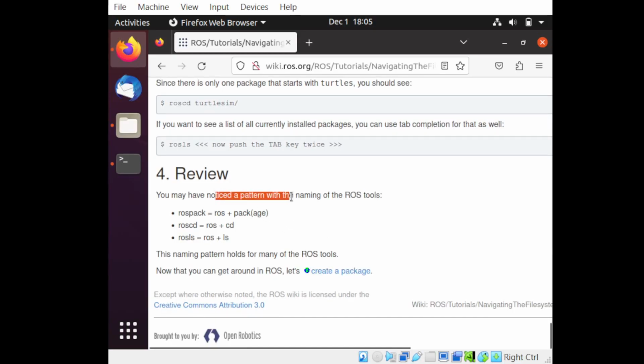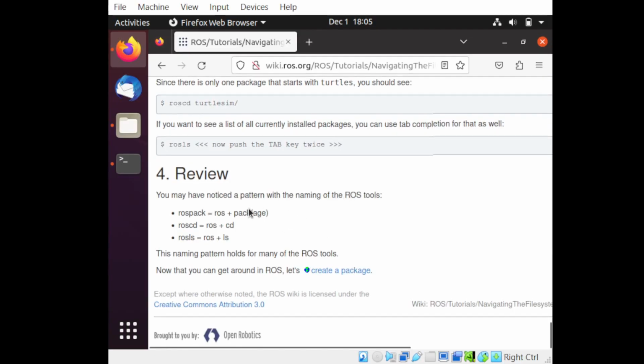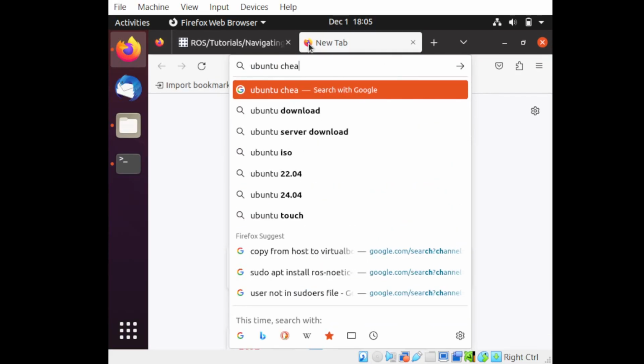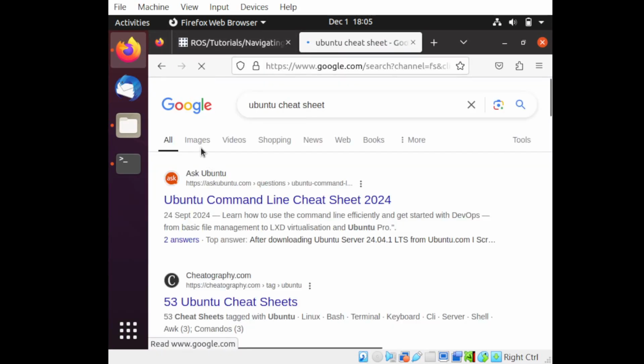Yeah, so this is the naming pattern basically to use the ROS tools. ROS pack, ROS CD, ROS LS are for navigating between the ROS development environment. For the pack, CD and LS is actually Ubuntu language. So when you go to, for example, Ubuntu cheat sheet, you will see that